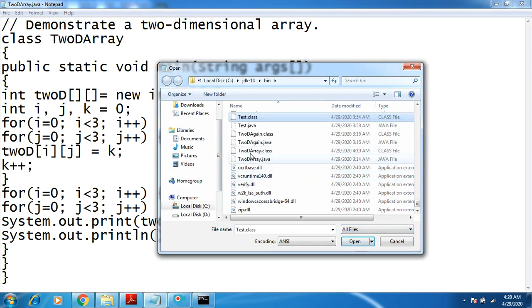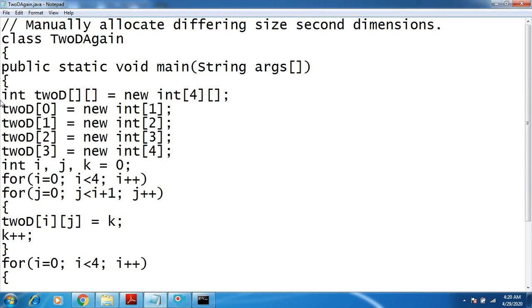So I have given it the name 2D array. Now if you see here, the syntax is, first you need to create a 2-dimensional array, and here you need to specify only the number of rows. So here we have given the number of rows as 4, and after that you have to specify how many columns the first row should contain.